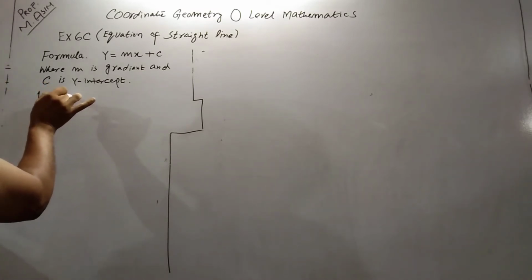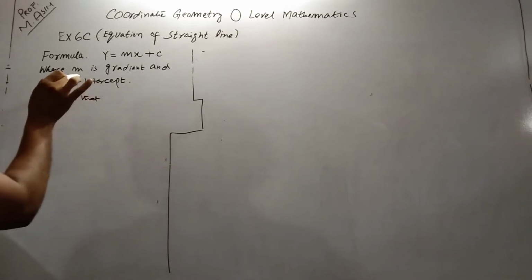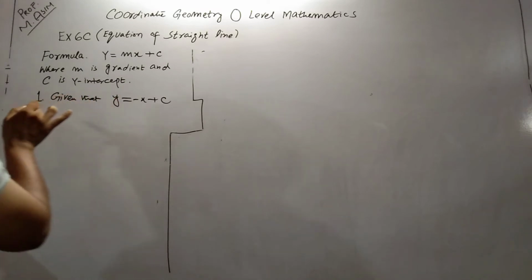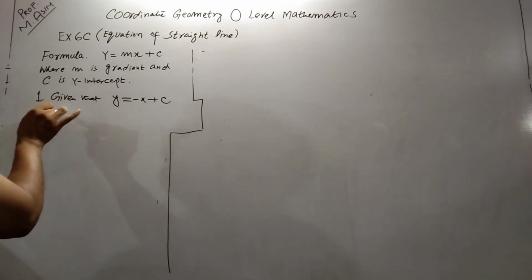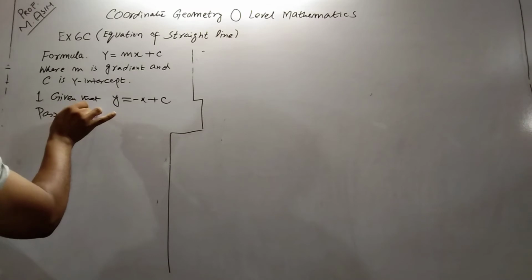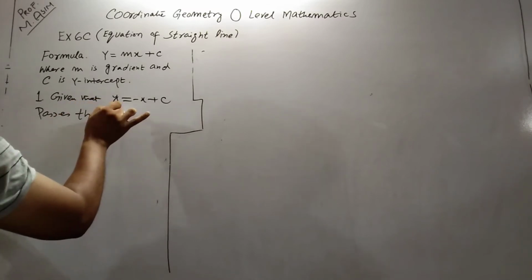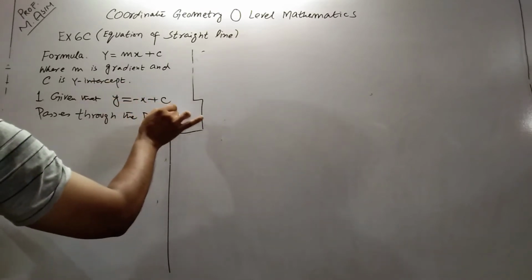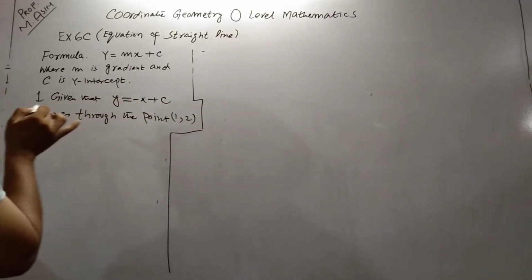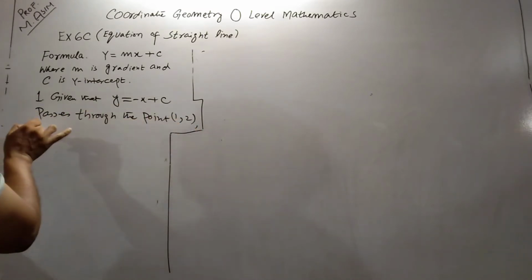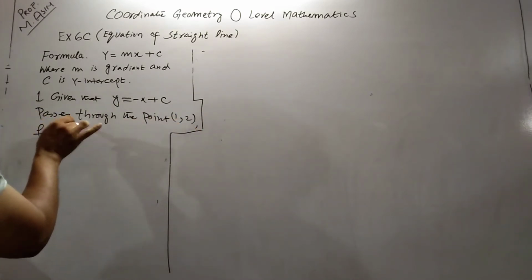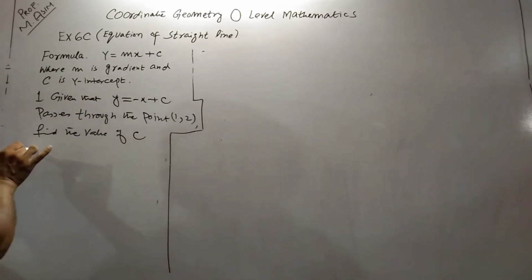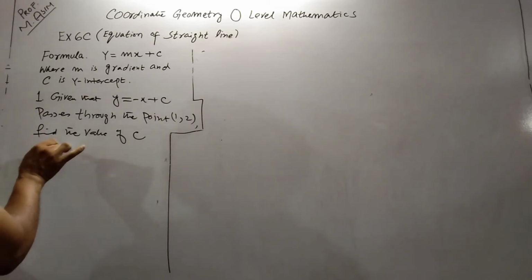Given that y is equals to minus x plus c passes through the point (1, 2), find the value of c. And question number 2, the point